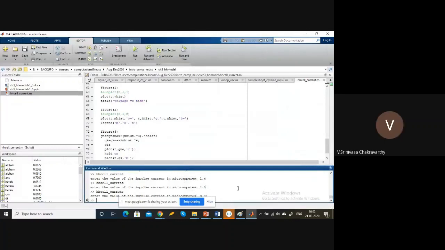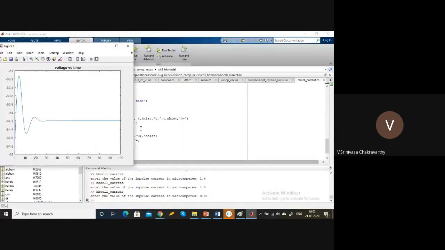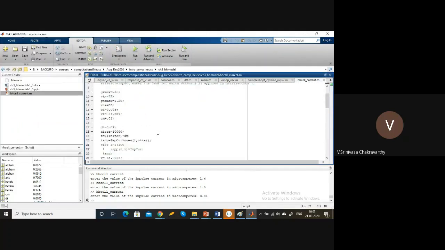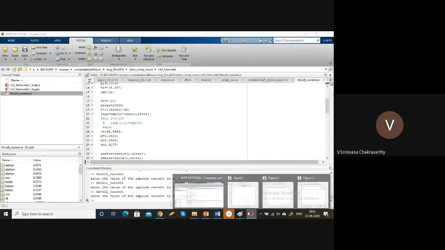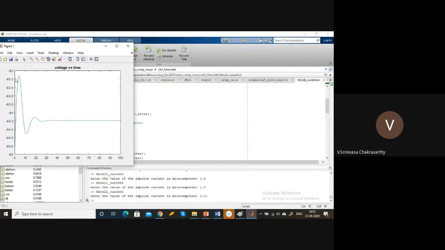Yes. Okay, so we have given an input current of 0.01. In response to that, this is the voltage versus time plot. The initial voltage is about minus 65, or minus 64.99. It increases slightly to minus 63 something and then comes back to the baseline and stabilizes there. Obviously that's not an action potential. It hasn't changed much at all.